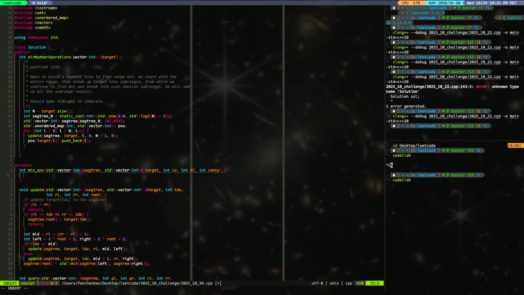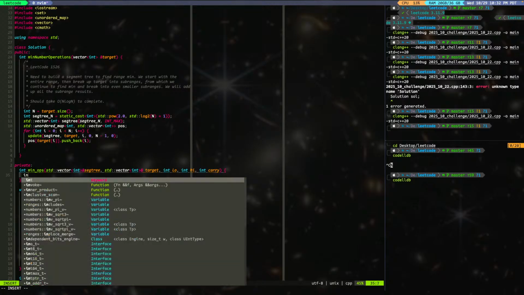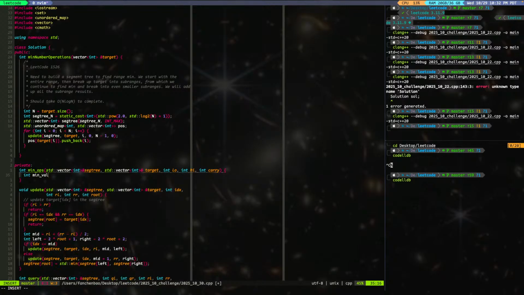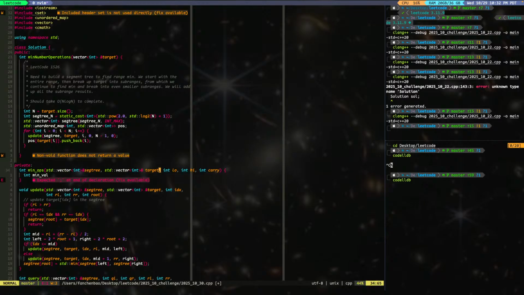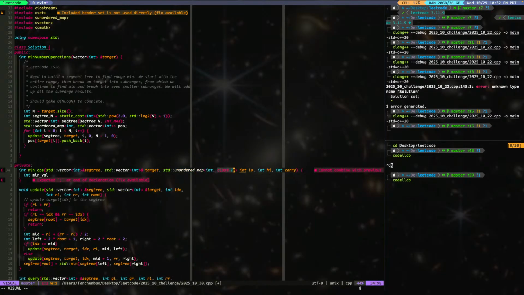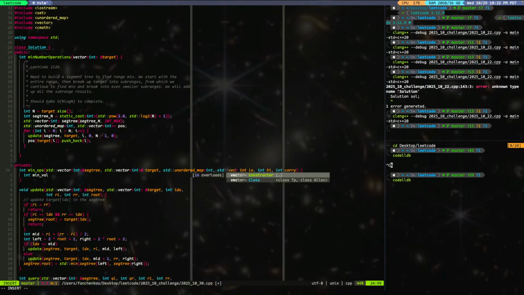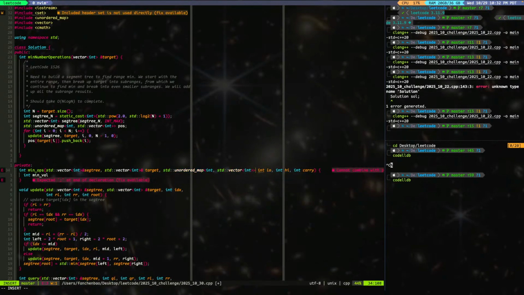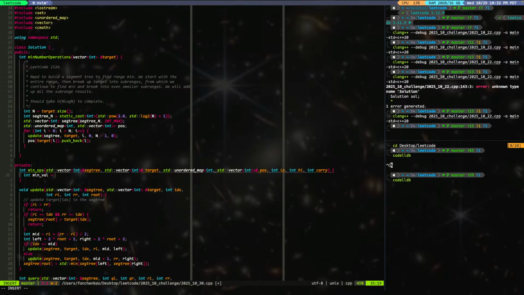Okay, so I have this low and high. So I want to know within low and high what is. So the first thing we say min val. Oh, we also need one more thing. We need a, darn, unordered map. This is a vector. Right, this is a position. Right, min val shall equal to query sec3